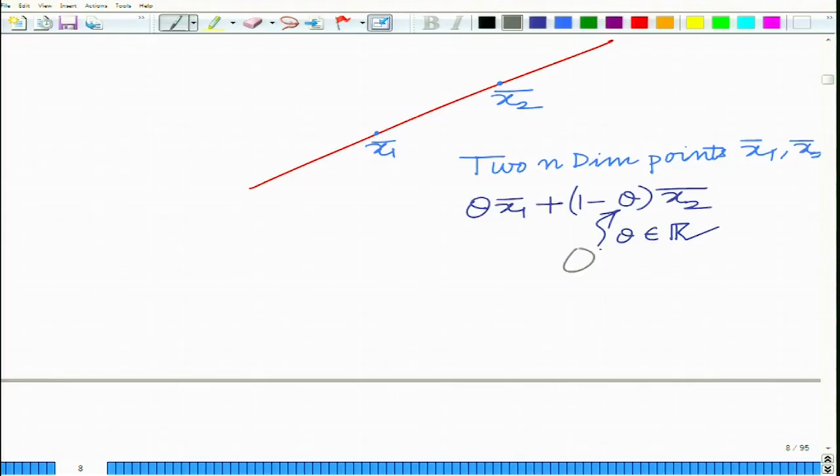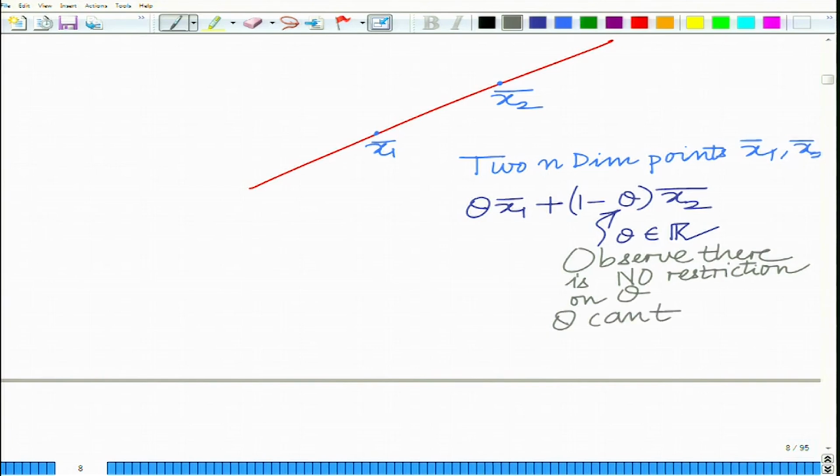Observe, there is no restriction on theta. In fact, theta can take any real value, and such a combination